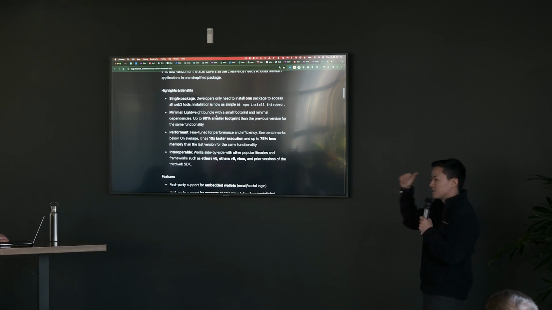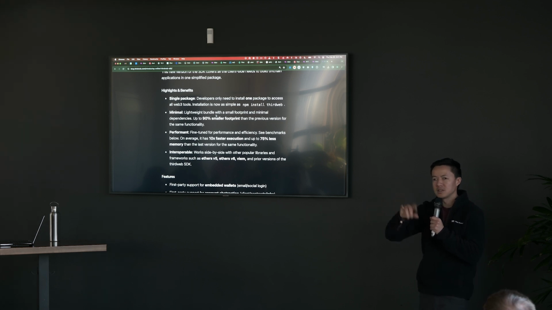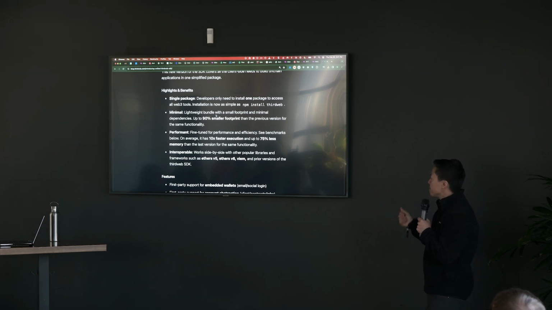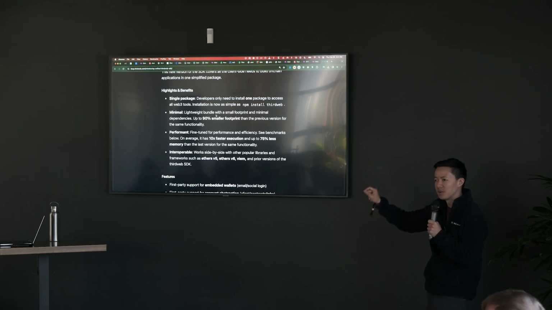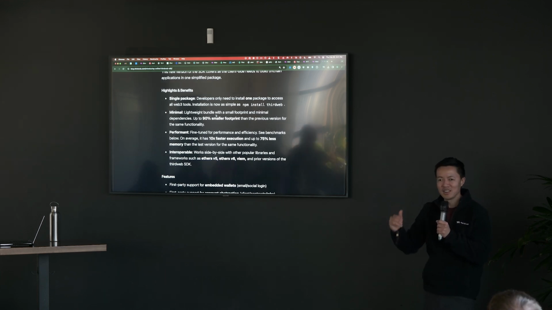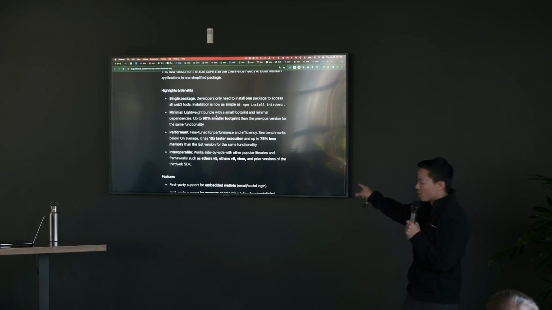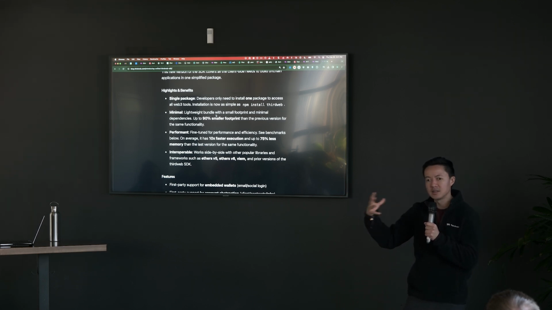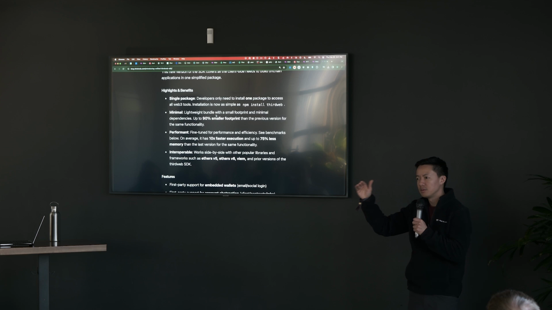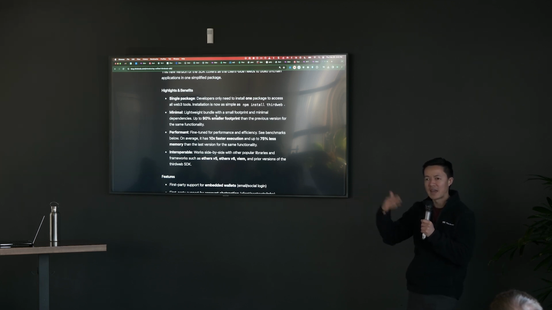If you scroll down to the bullet points, the focuses are, it's a single package that does everything. You don't need to import these sub packages anymore like you used to with the old SDK. It is tiny, 90% smaller footprint, and a lot of that has to do with the fact that we're finally doing tree shaking, right. Performance: my team has started putting it into Engine, and we've seen a 10x improvement in some of the latency times. And I can get into detail about why we're seeing that. But an even better thing is we're even seeing lower CPU and memory usage, which really helps with something like Engine, which is a backend service where suddenly we have higher throughput because calls are taking less CPU, so we can handle more of them. So just by upgrading the SDK, now we get higher throughput.